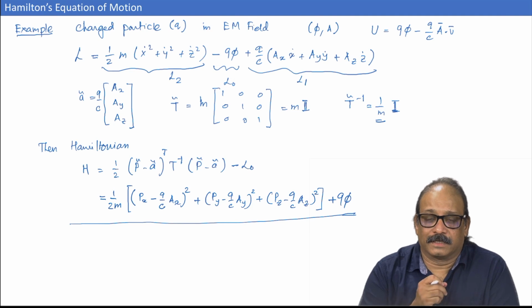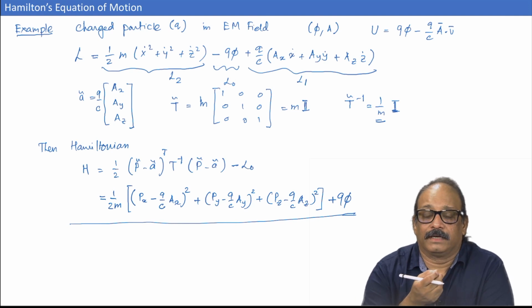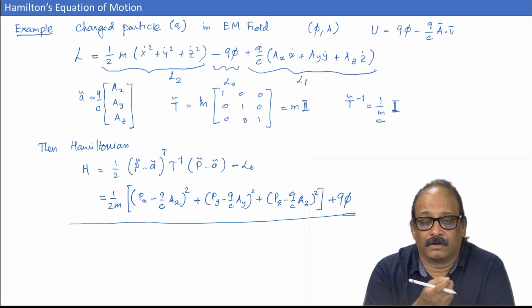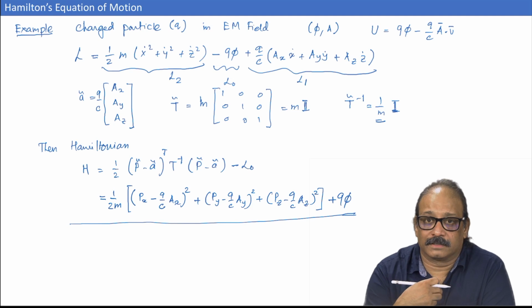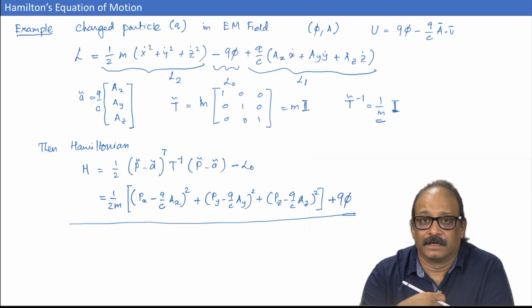So, in the next section I will talk about the cyclic coordinates and the conservation principles. Remember, while describing the Lagrangian, or during the Lagrangian formulation, we had discussed these theorems, and for the Hamiltonian system, there are a little bit of advantages there. So, I will discuss that in this section.